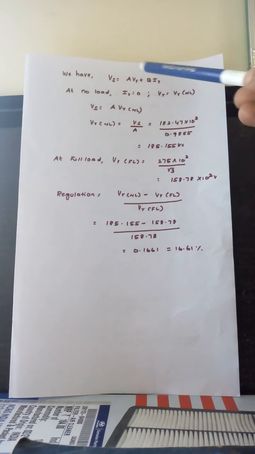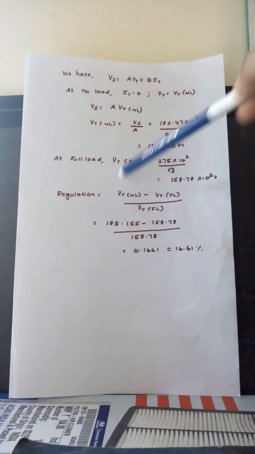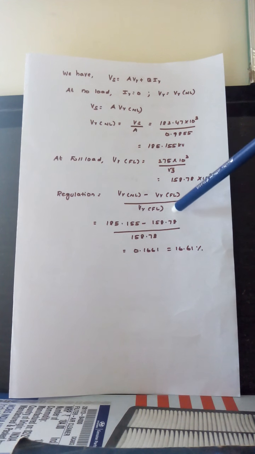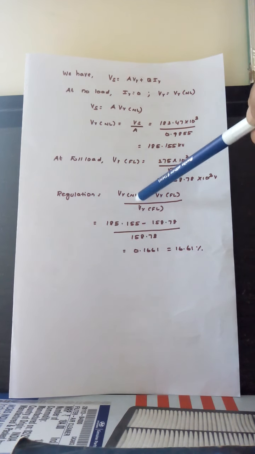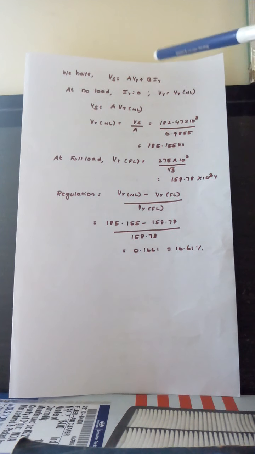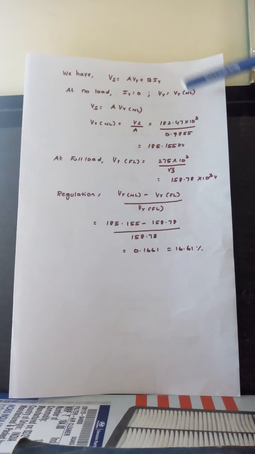So now we have VS equal to A into VR plus B into IR, guys. From this we have to find the regulation. Regulation is receiving end voltage at no load minus receiving end voltage at full load, divided by receiving end voltage at full load. At no load we have to take the receiving end current IR as 0. So whatever voltage is at the receiving end then is the no load receiving end voltage, so VR will be replaced by VR at no load.